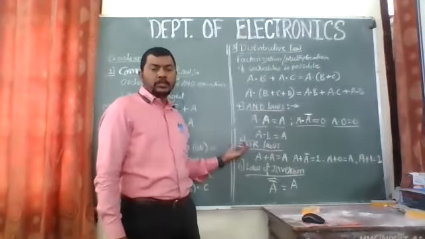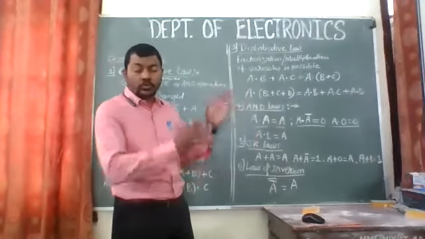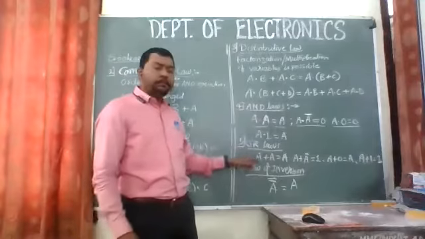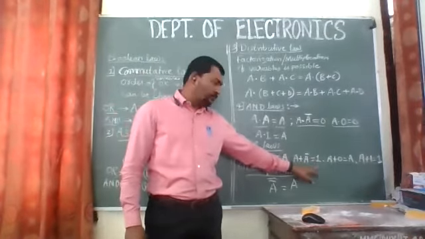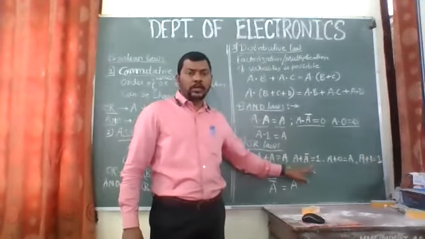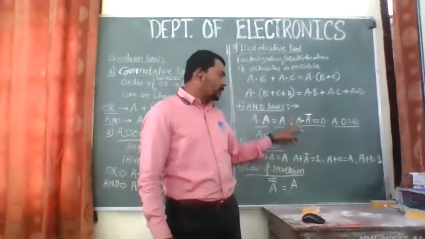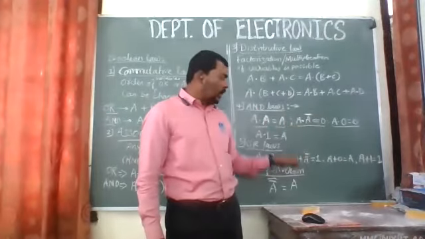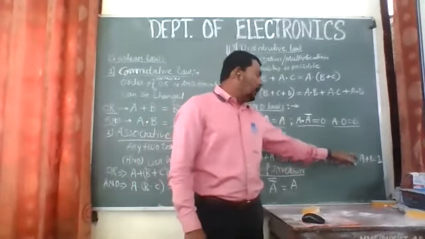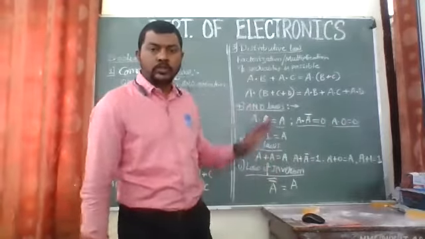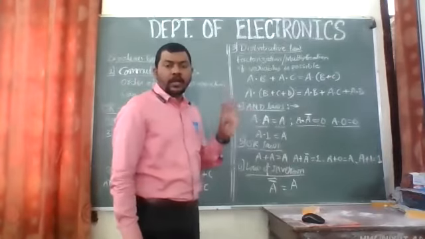Similarly, for the OR operation, this is the fifth law of Boolean expressions, that is OR laws. And in that also we have to sum the same variables, like A plus A gives you A, and A plus A bar will give you 1, meaning one of the terminals will be one at a time. So A plus A bar is equal to 1. In AND operation, it is A dot A bar is equal to 0. Yeah, A plus A bar equal to 1. A plus 0 is A and A plus 1 is 1 always. So these are four laws of OR and four laws of AND, right?